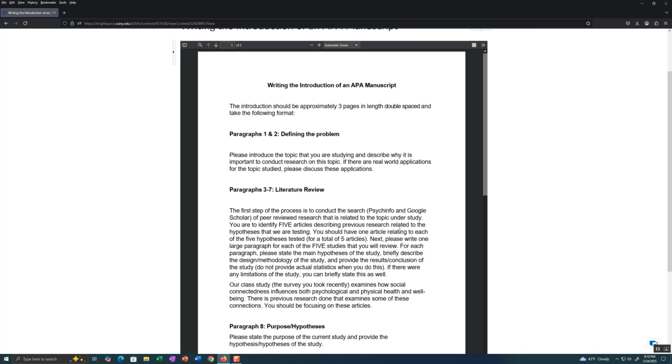And there's a lot of reasons for it. You do not have to cite in the first 2 paragraphs, so you don't need citations, but you need to structure it so I know, why am I studying this? And if you think about social connectedness, it's important in terms of mental and physical health, right? And this is a bigger problem because of the pandemic. The pandemic disrupted our social networks.